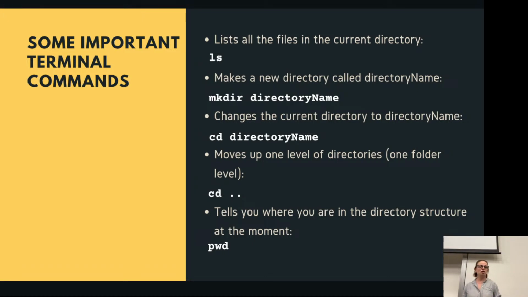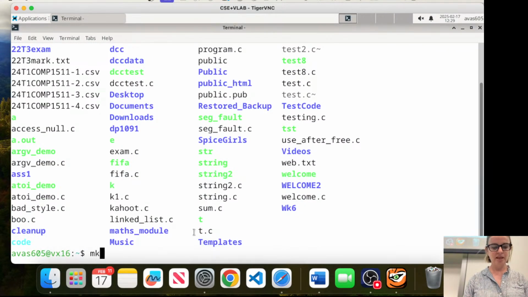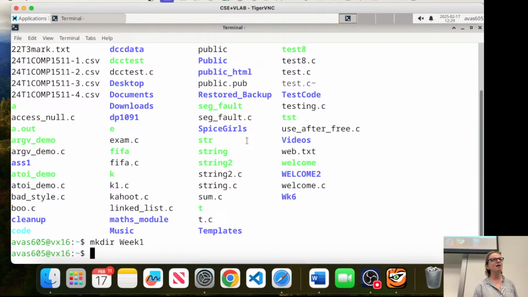Then you can make a new directory. And what directory should we make? Grace, give me a directory. Week 1. So if you type mkdir week1, oh, yours is not as fun. Look at this, Spice Girls. That was a Sophia directory that I never deleted. It's been there for 2 years. So if I want to make a directory, I'll do mkdir week1. It's going to make a directory called week1.